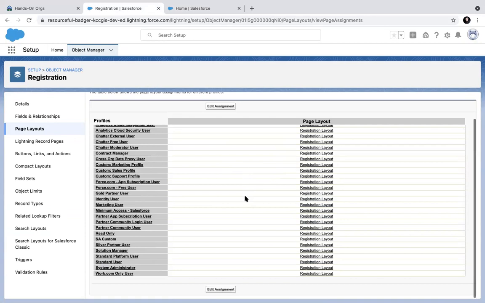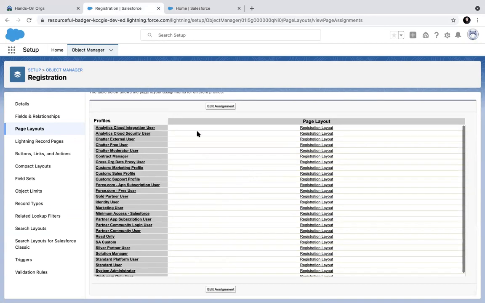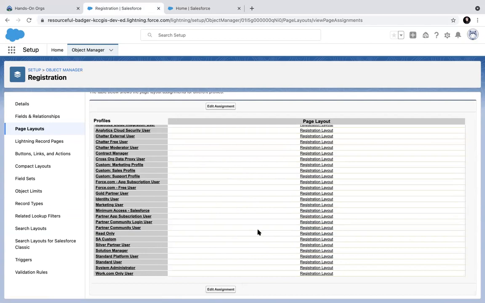Right now I have only one layout, so every profile has the same. But if I create multiple layouts, I can assign layouts to different profiles. So the screens and the fields inside that screen will vary based on which person is logging in. Based on his profile, the layout will change. The screen will change. The number of fields on that layout will also change, right? So based on user type, I can change layouts.